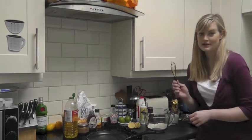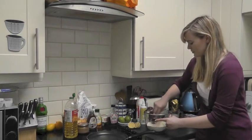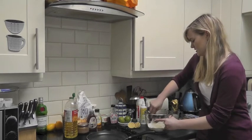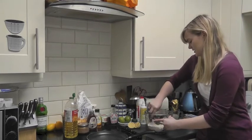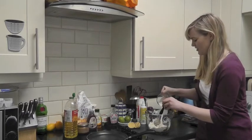Once you've cracked your egg in, give it a whisk. You won't be able to gather it all together first, but this is just to get it going. You will have a sort of smudgy mix. So once you've mixed the egg in a bit, gradually add in about a third of the milk